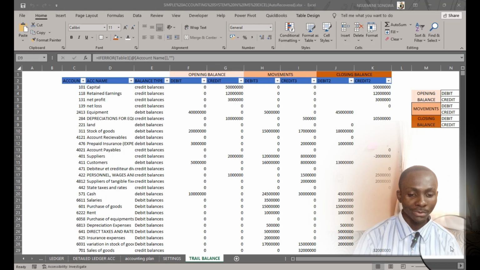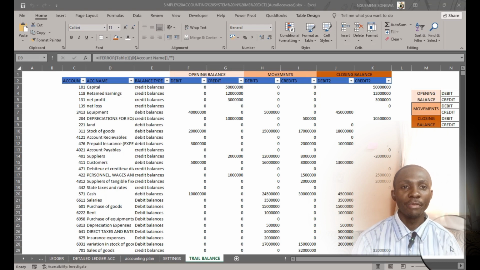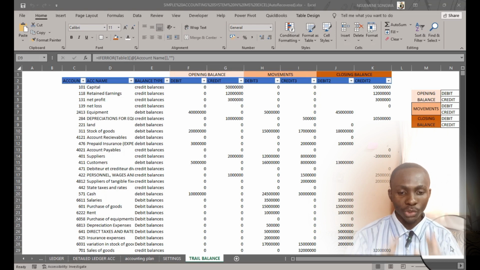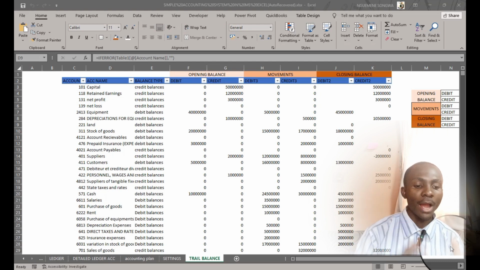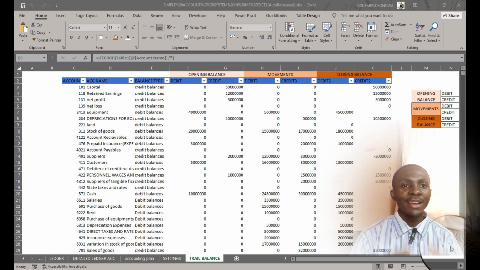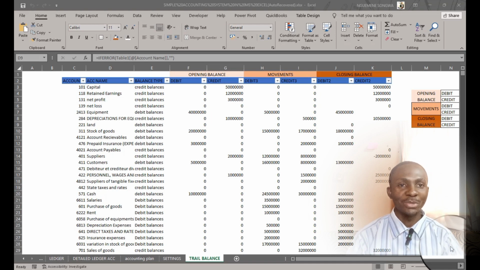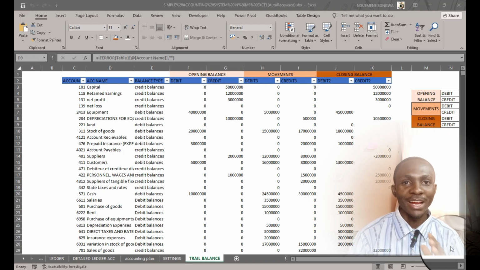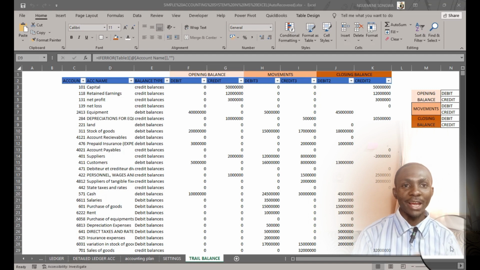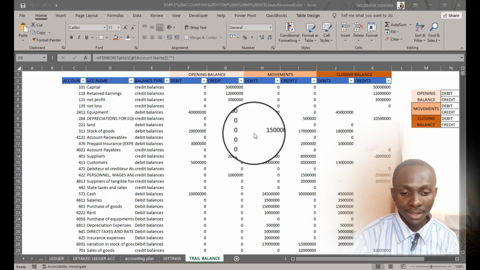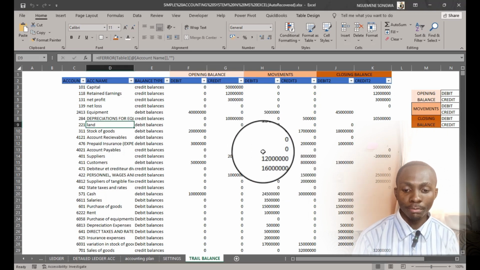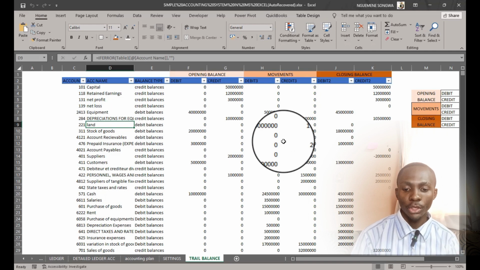In a previous video, we saw how to build the trial balance, a six-column trial balance with opening balances, movements, and closing balances. In this video, we are going to be building our income statement and possibly our balance sheet if we are not short of time, because we are trying as much as possible to make this video short. First thing, the income statement will be based on the trial balance,